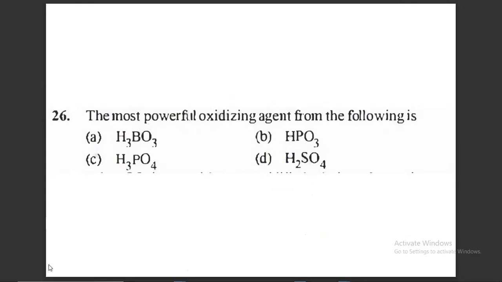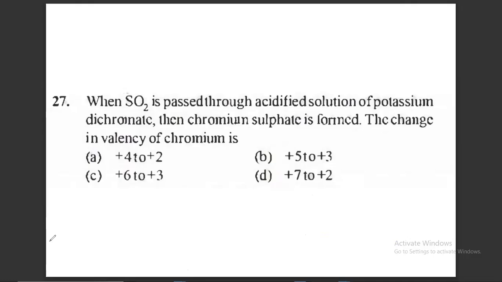Question number 27. When sulfur dioxide is passed through an acidified solution of potassium dichromate, then chromium sulfate is formed. The change in the valency of chromium is? You can answer this question by writing the reaction first. K2Cr2O7. When you treat this with sulfur dioxide gas and sulfuric acid, you are generating potassium sulfate, chromium